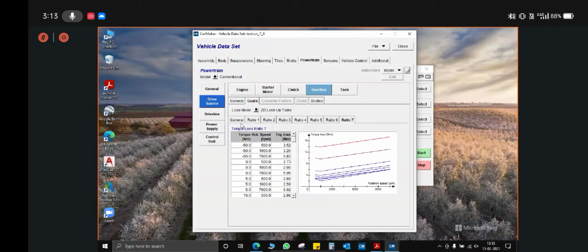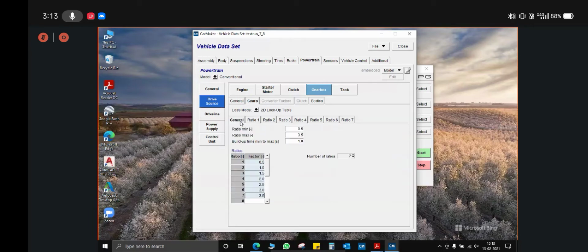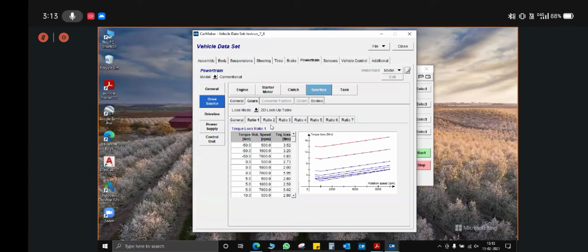So this is also one crucial part that you will be learning using the IPG CarMaker, and it is also one crucial part of the simulation. If you make any mistake in defining these values, or you define them abruptly, then it will definitely show an error. So initially, you can observe that the torque is negative.